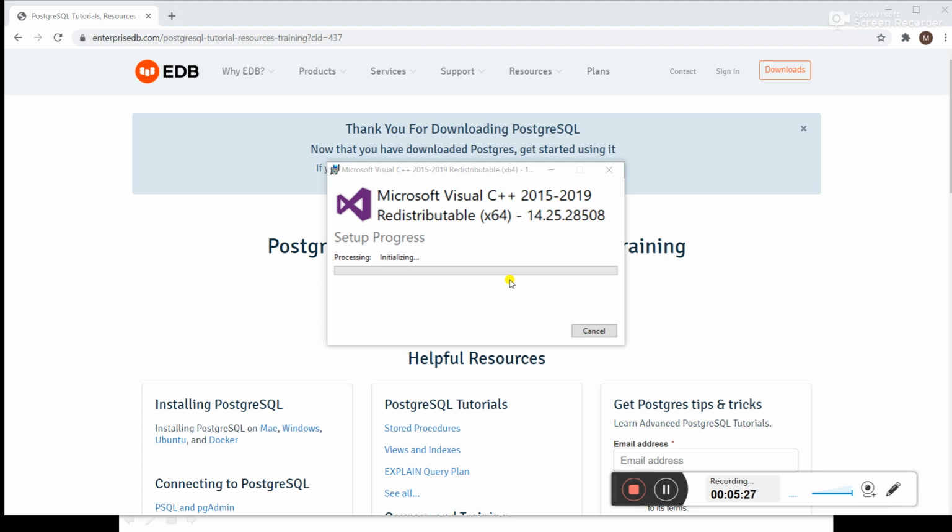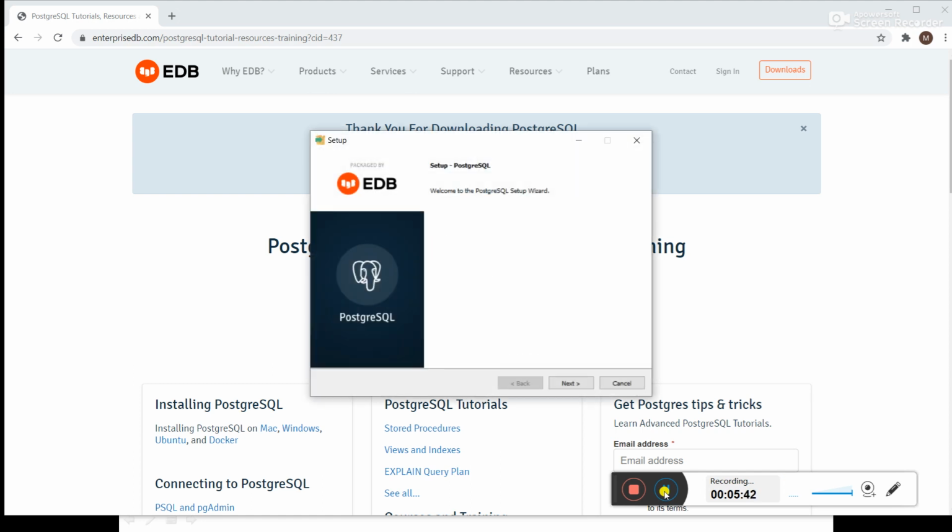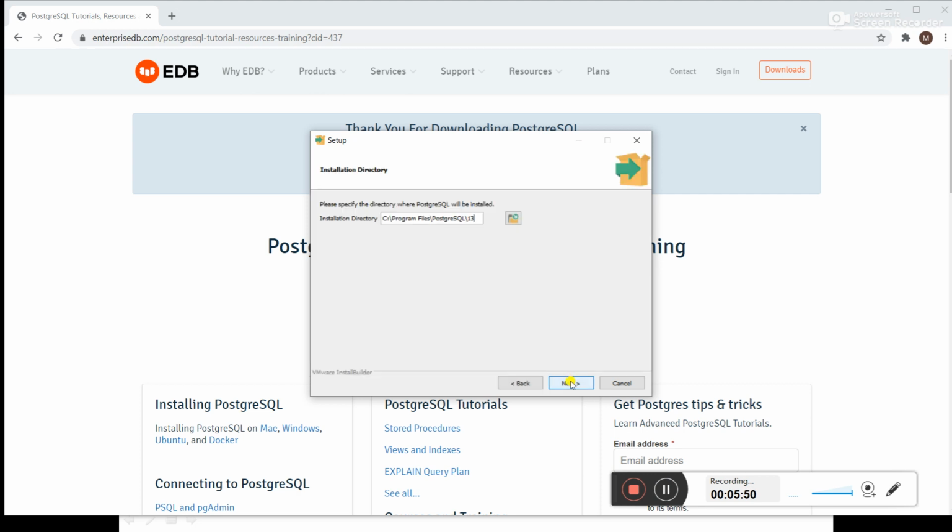You need to wait till the installation or the initialization process is complete. Once the installation is completed, it will open this page for setup. Okay, so you just need to click on next.